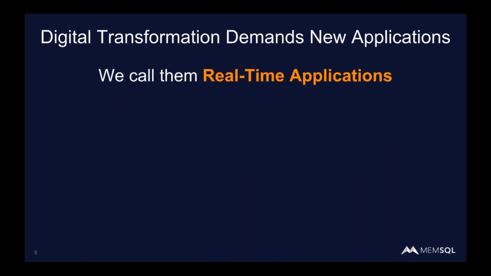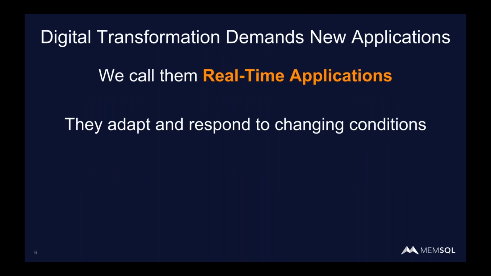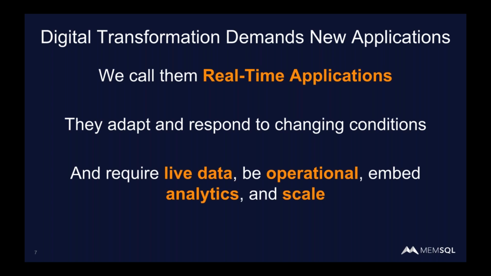So we feel that digital transformation can be enabled and pushed forward through new applications. And we call these new applications real-time applications. They adapt and respond to changing conditions, which is something that we're seeing throughout industries. It's not just a media and communication challenge. These applications require access to live, fresh data. They must be operational, which means they're available 24/7 with high performance. Many of them embed analytics inside them to be able to essentially sense and then respond to changing environments. And then they have to be scalable. The fact that during certain seasonalities or changes or the viral nature of some media content, the scale of the operation needs to be able to respond to that